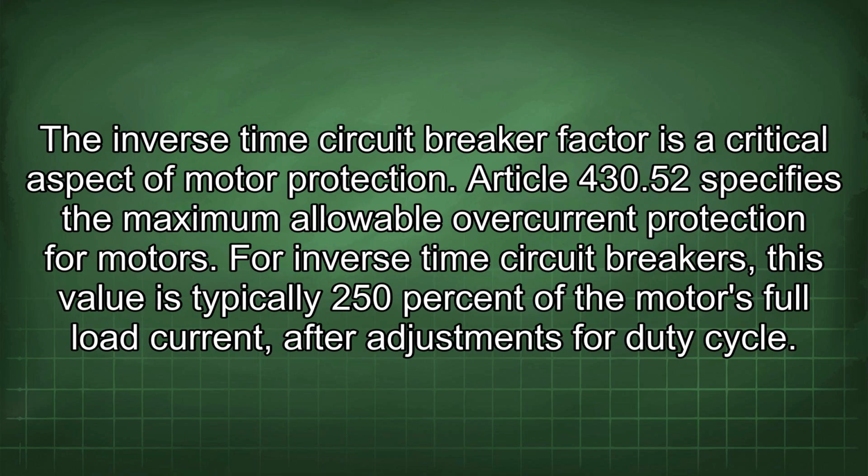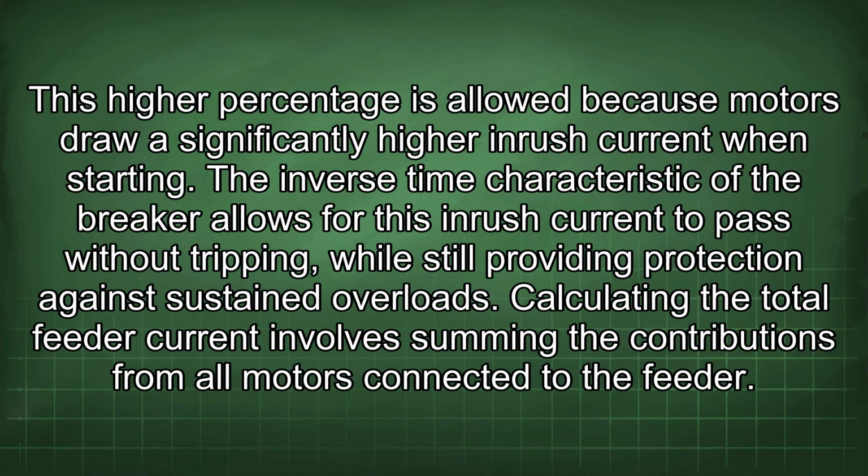The inverse time circuit breaker factor is a critical aspect of motor protection. Article 430.52 specifies the maximum allowable overcurrent protection for motors. For inverse time circuit breakers, this value is typically 250% of the motor's full load current after adjustments for duty cycle. This higher percentage is allowed because motors draw significant inrush current when starting. The inverse time characteristic of the breaker allows for this inrush current to pass without tripping, while still providing protection